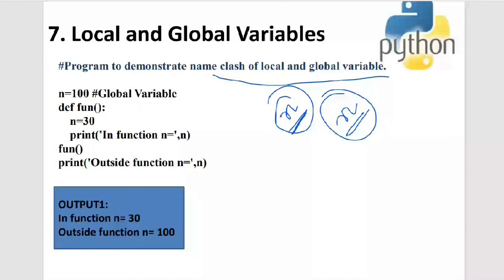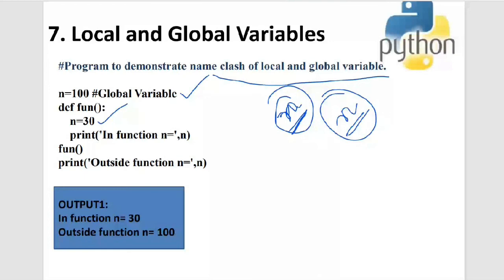So say for example, I'm having a global variable n is equal to 100. And then I have a function, fun function, and inside fun function I'm saying n is equal to 30. So I have two n's over here, and declaring them like that is not a problem. I'll get the output. Name conflict is not a syntax error.